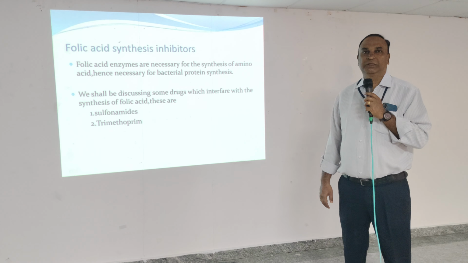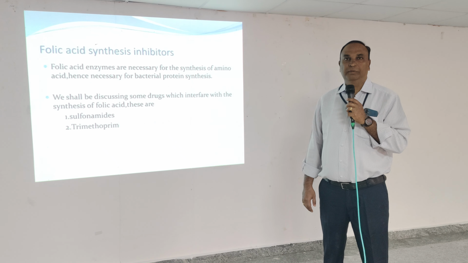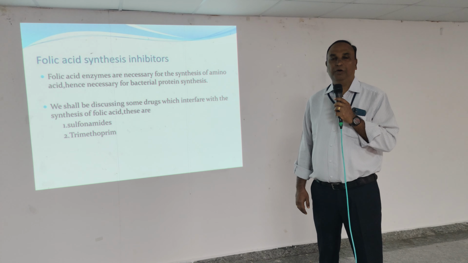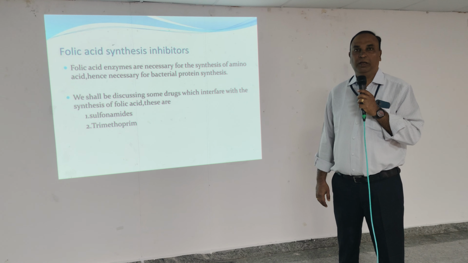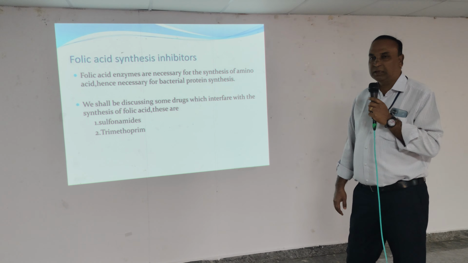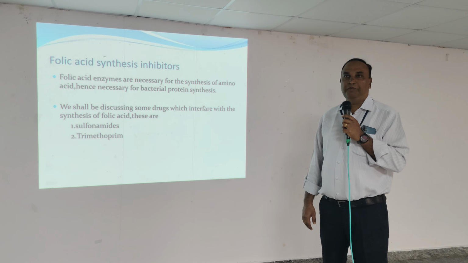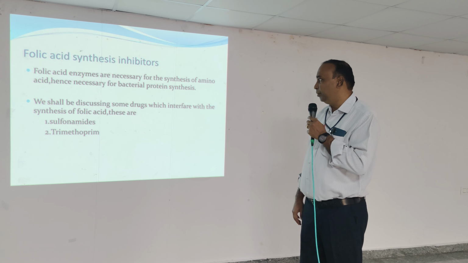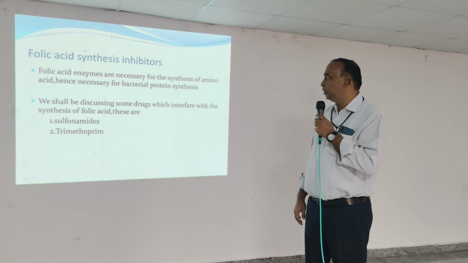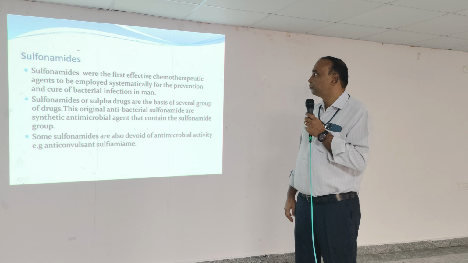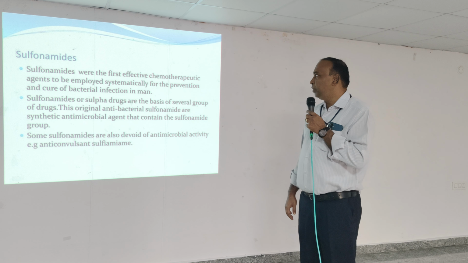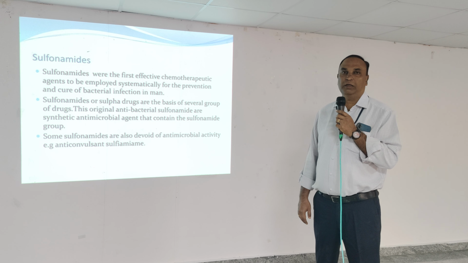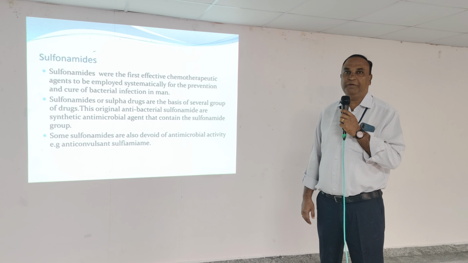So folic acid enzymes are necessary for the bacteria for synthesis of amino acids. Therefore, they are important for protein synthesis of microorganisms. So we shall be discussing certain drugs like sulfonamides and trimethoprim, which will act as folic acid synthesis inhibitors, or that will interfere with the synthesis of folic acid. So sulfonamides. Sulfonamides were the first effective chemotherapeutic agents to be employed for prevention and cure of bacterial infections